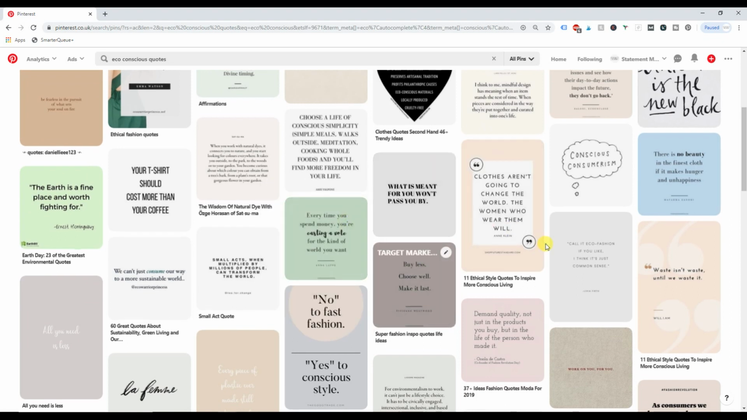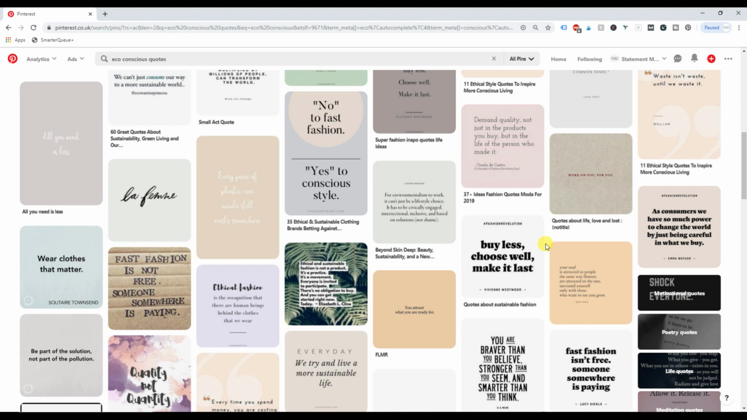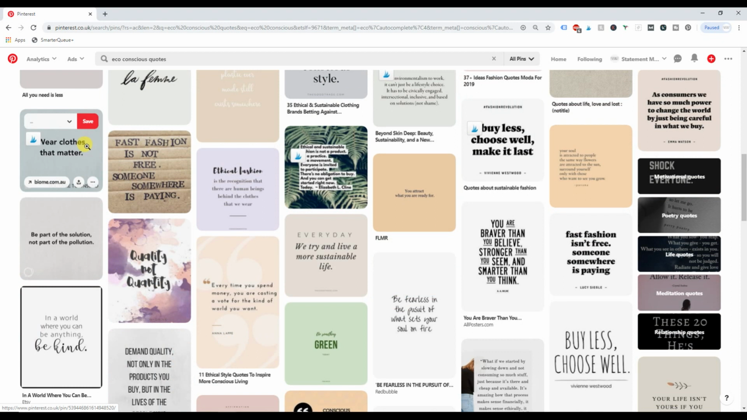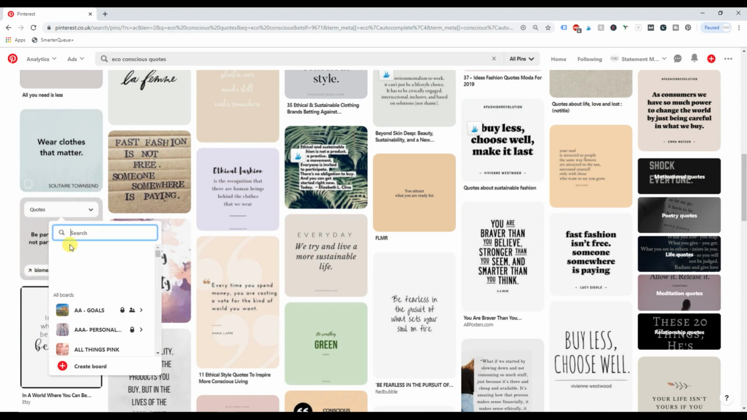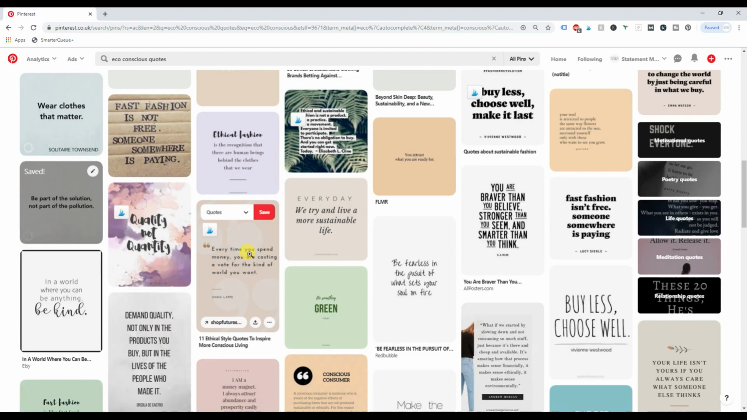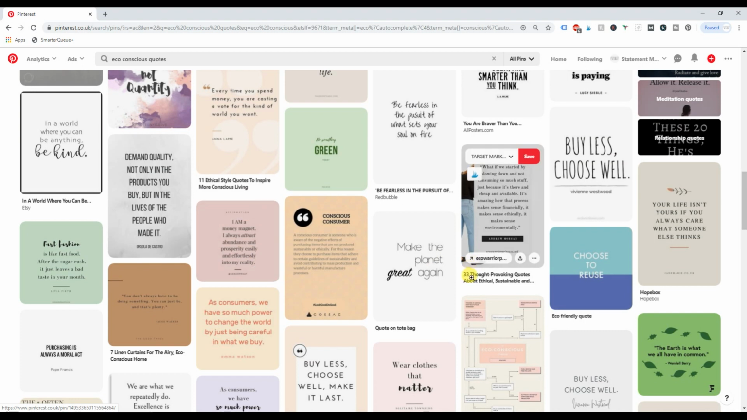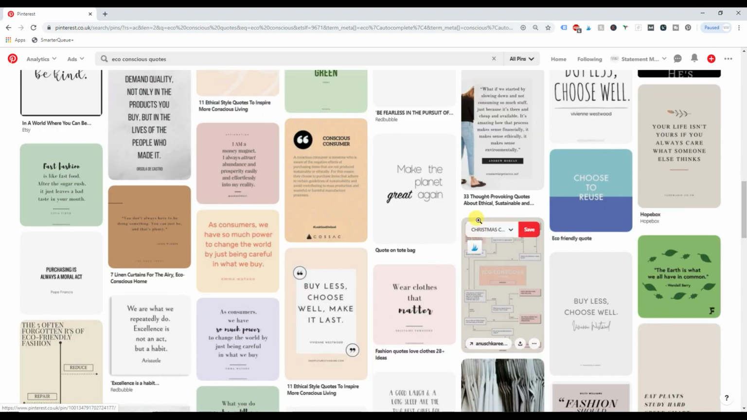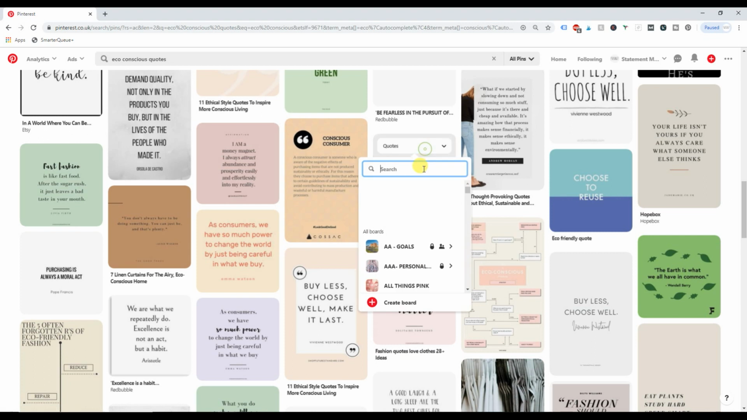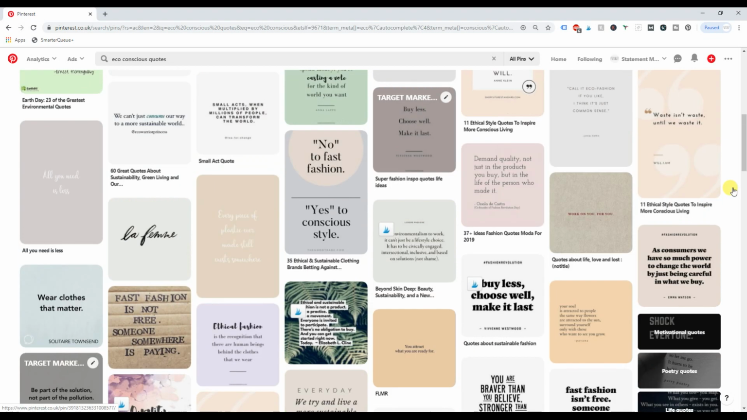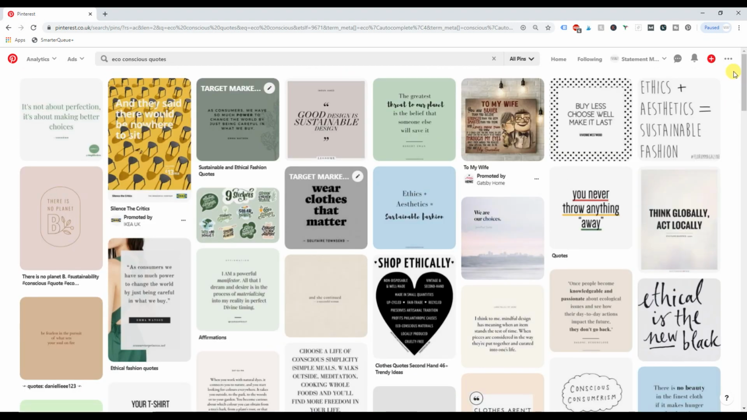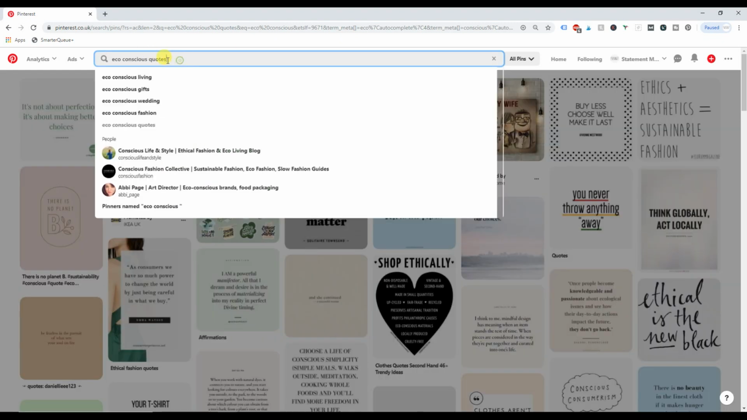All very pastel. Very easy breezy. Easy breezy is a good word, actually. I feel like we need to put that in our target market profile right now. And be part of the solution, not part of the pollution. Eco-conscious. Make the planet great again. So I'm not going to save too many, because I think I'm getting a bit click-happy here. And anything else that I want to,